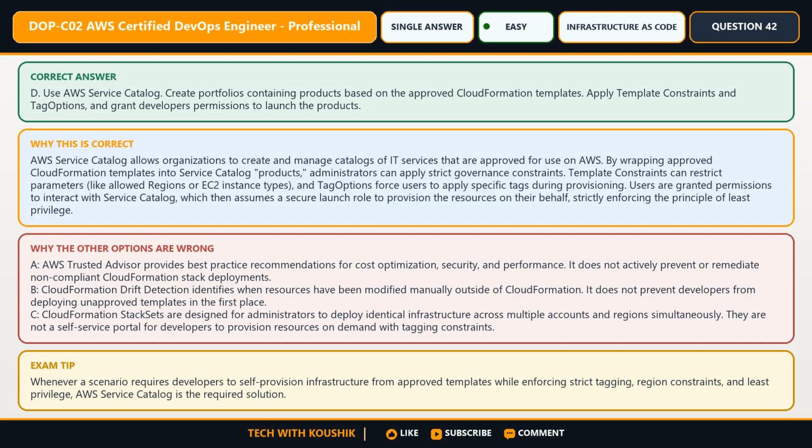The right response is option D. Use AWS Service Catalog. Create portfolios containing products based on the approved CloudFormation templates. Apply template constraints and tag options, and grant developers permissions to launch the products. This works because AWS Service Catalog allows organizations to create and manage catalogs of IT services that are approved for use on AWS. By wrapping approved CloudFormation templates into Service Catalog products, administrators can apply strict governance constraints. Template constraints can restrict parameters, like allowed regions or EC2 instance types, and tag options force users to apply specific